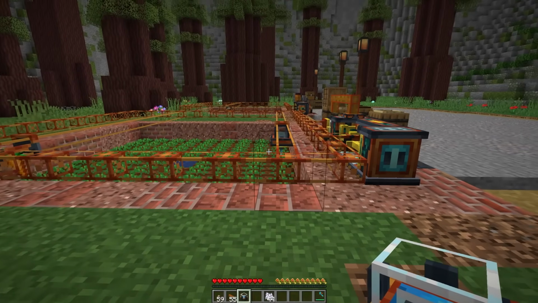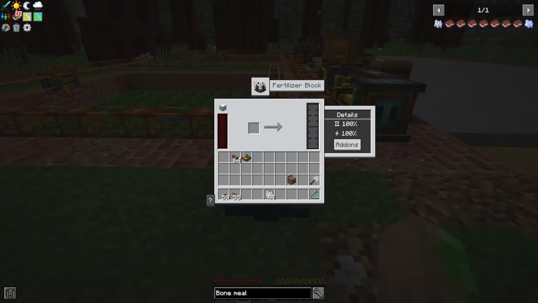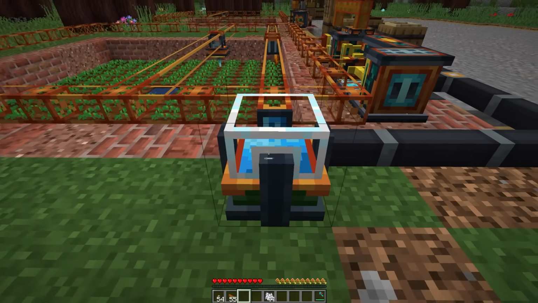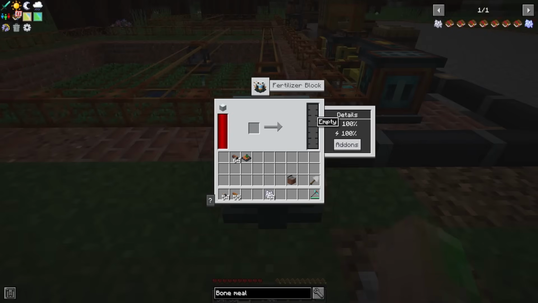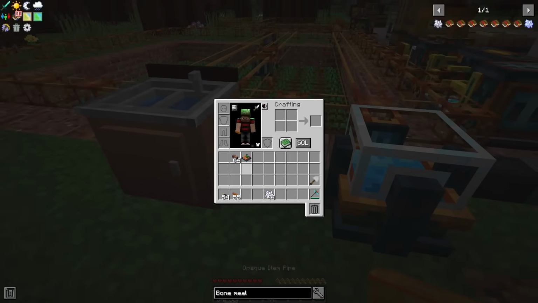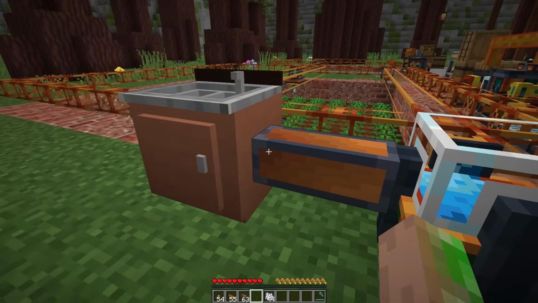So again, we can connect this to our same machine frame. Inside there are 2 requirements, power as well as fluids. We can easily power it up with an energy cable, but in order for the fertilizer to work, we also need to give it water. I'll do this with a sink from a different mod which provides infinite water, and pump that water into the